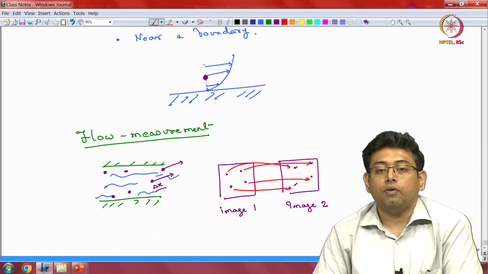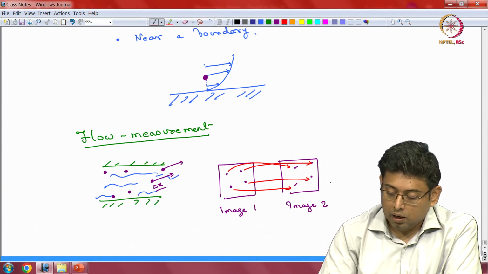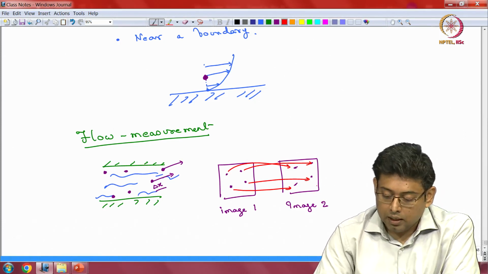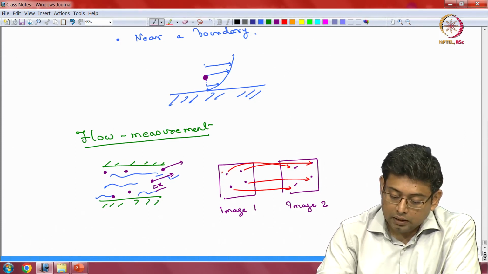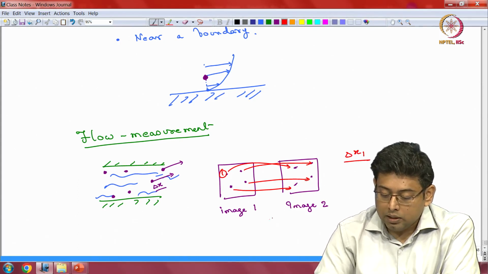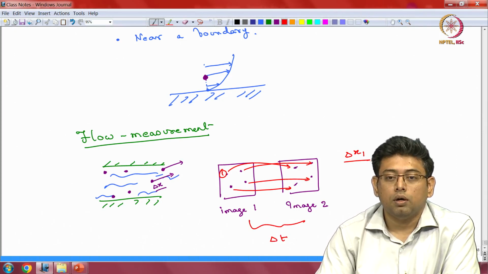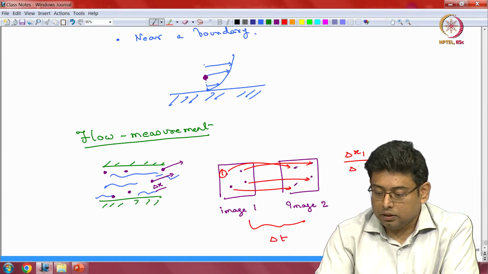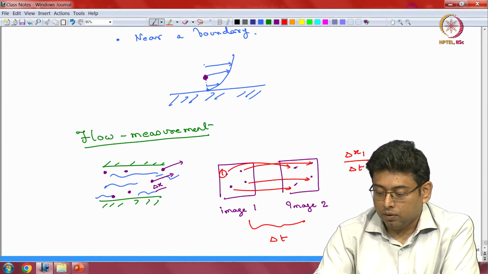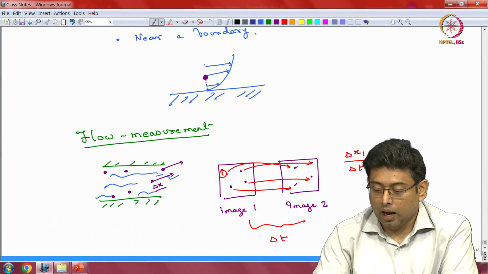If I'm able to determine this correspondence, then I can find how much, let's say this is particle 1, how much particle 1 moved, and what is the time gap between these two images, and then divide this to get an estimate of a velocity. Now this velocity is a Lagrangian velocity,